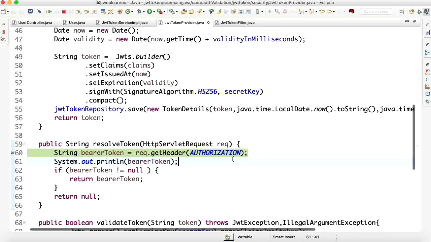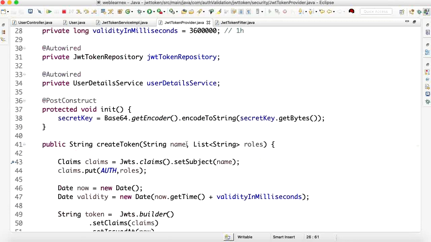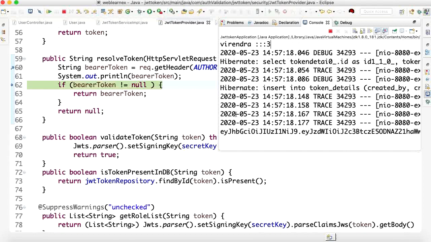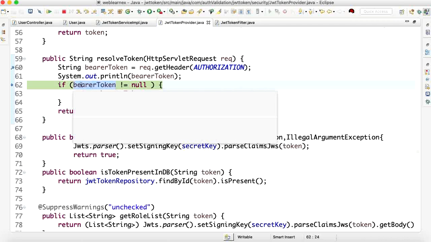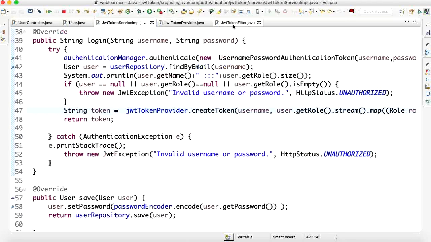In the authentication keyword I have hard coded that authentication. It first checks whether it exists or not, and if it exists then it will show the bearer token value. So this is my token value, and it checks whether the token exists or not. Sorry, if it is not equal to null, meaning the token is there, then it will return the total token value, otherwise it will show the null value. If you observe here, it entered inside of this, which means the token value exists.